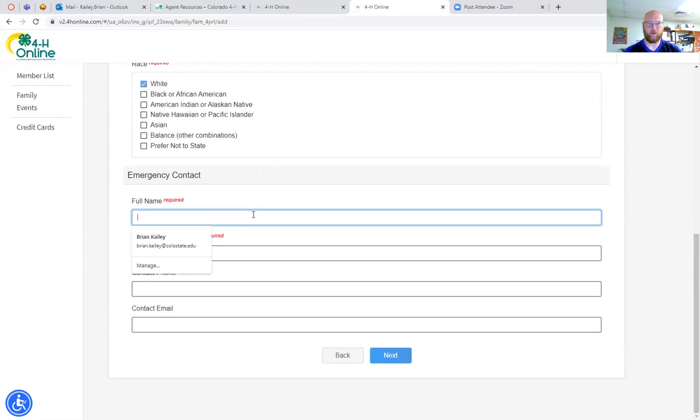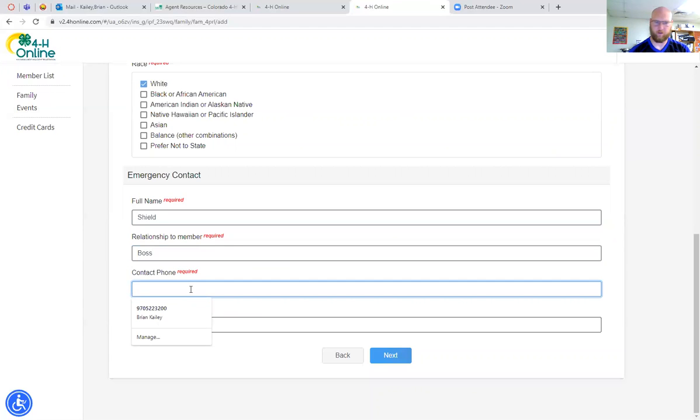So this is another required field. Typically, just put in your mom, dad, or the parents. You guys will fill this section out here. We'll put down Shield, relationship, boss, since we're going with Captain here. Contact phone number. Maybe we'll just put in the phone number to the extension office, and then put in